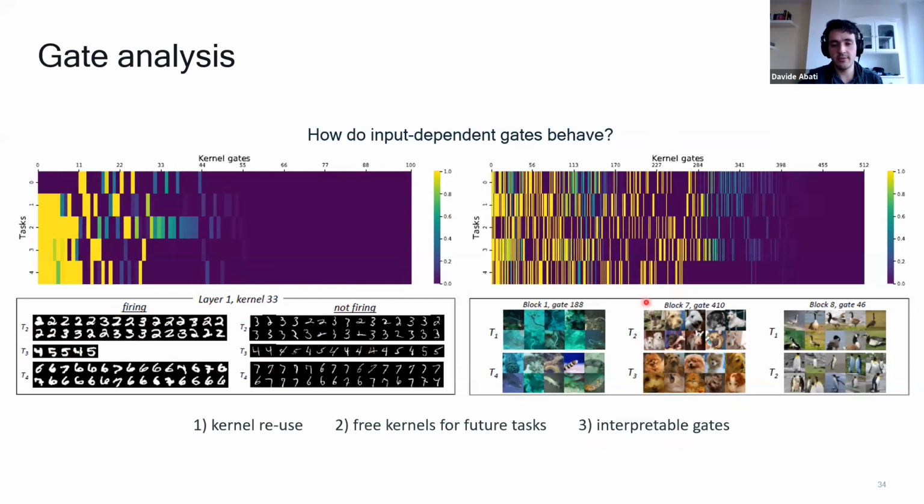And in the ImageNet 50 models, we found kernels that fire for different tasks, but they are semantically coherent, such as different species of fishes, different breeds of dogs, different birds and penguins, some visually coherent, I would say, coherency. And yeah, not all gates are interpretable, but some of them are. So of course, we represented the ones that are interpretable. Some others are just not.